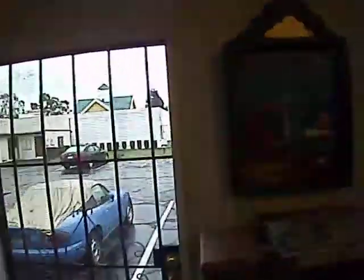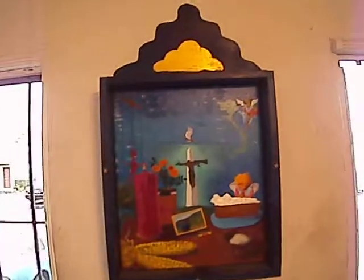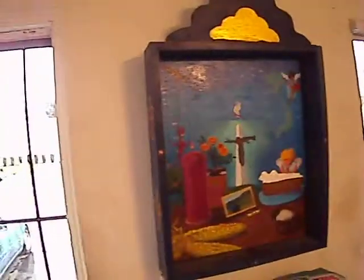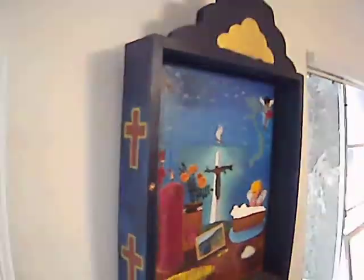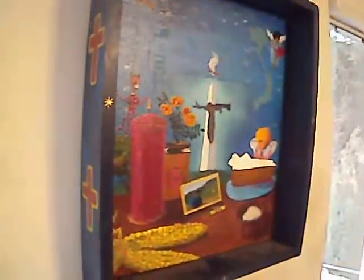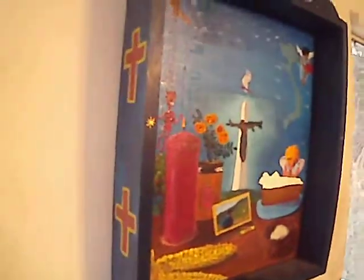And then we'll come around here. This is a painting I did. It's actually in an altar. It's got a wood case around it. See? And this one, notice,